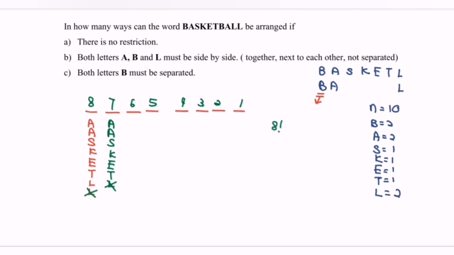Next, what we have to do is to focus on the B. So the question mentioned that the B must be separated. So kindly focus on the gaps that we have. So here we have the gaps between the boxes. How many gaps do we have? In here, we have 9 gaps, and the gaps will be filled up with the B. So the situation will be B and B, or B and with another B, or